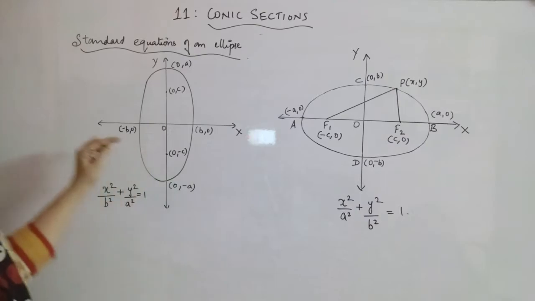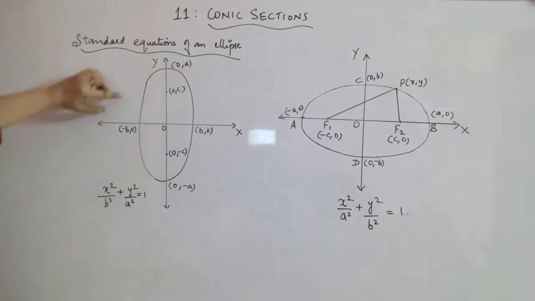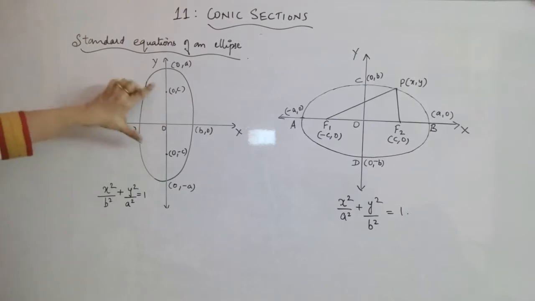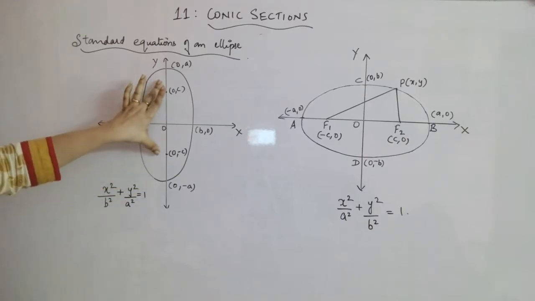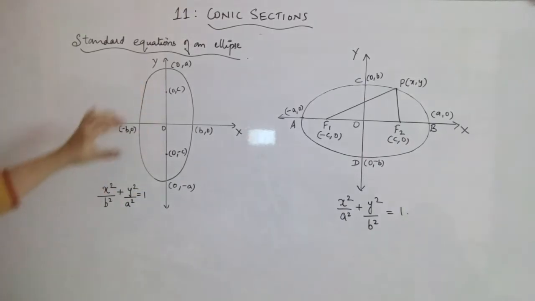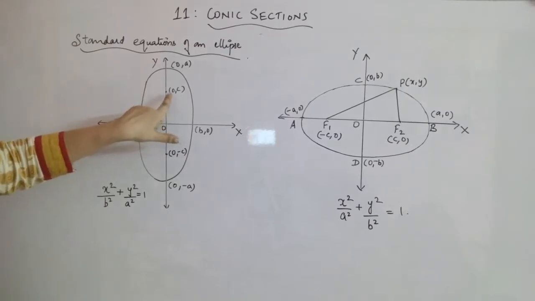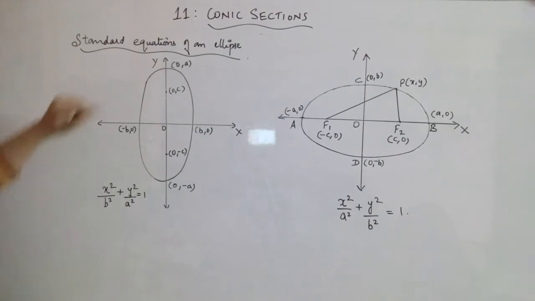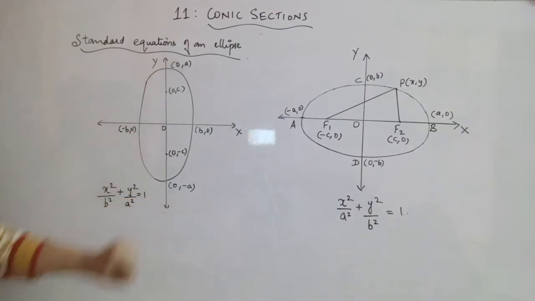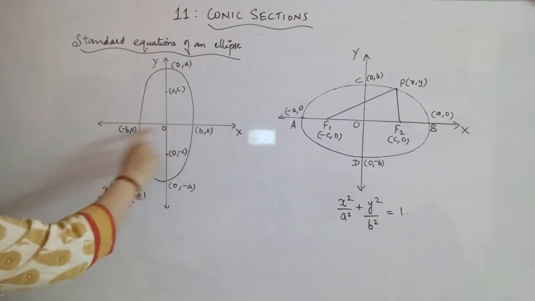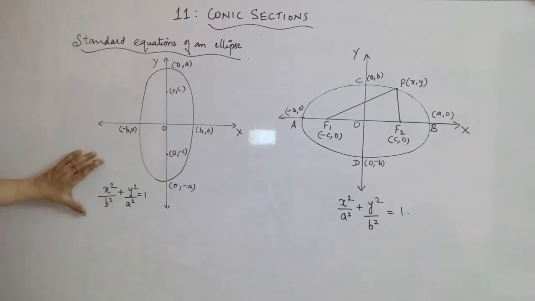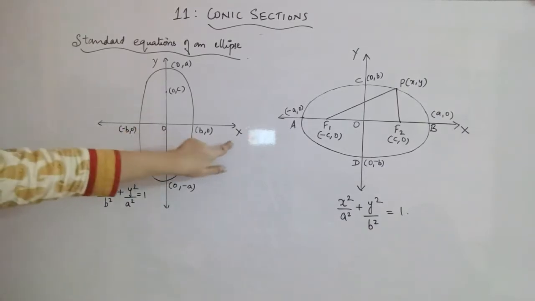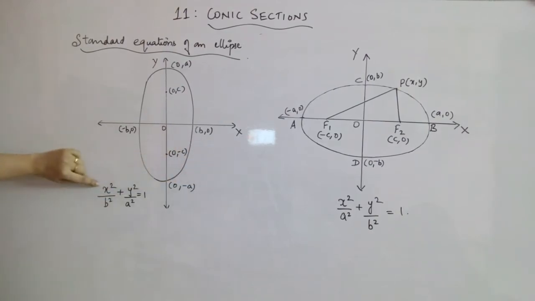Now one more form you have, which is this one. Here the orientation is like this. You can see that the foci are on the y-axis. That means the y-axis will be the major axis. Again it is on the y-axis, so the coordinates will be 0 comma c and 0 comma minus c. Again for the vertices you will have 0 comma a and 0 comma minus a. And the minor axis is on the x-axis, so the coordinates will be of the form b comma 0 and minus b comma 0. Hence the equation will be of the form, you just see on the x-axis you have this b here. So you have x square by b square plus y square by a square equal to 1.